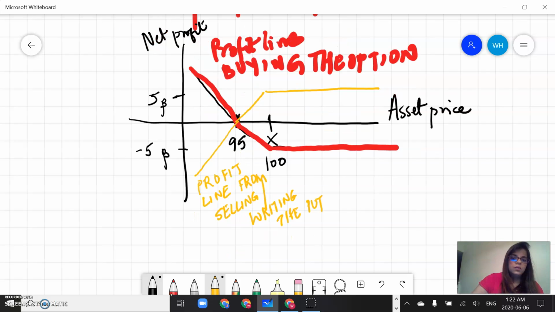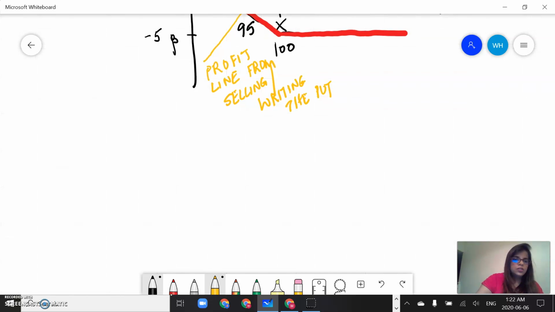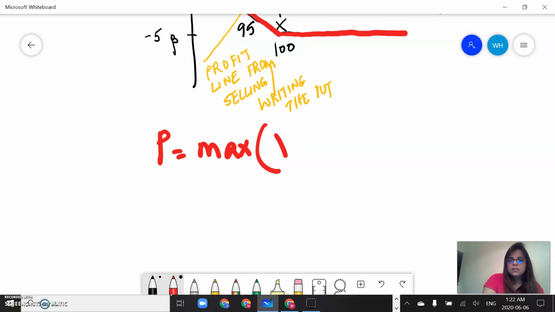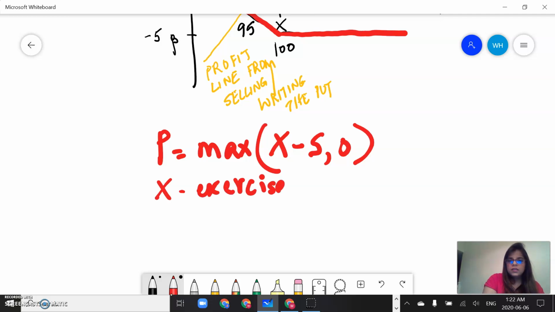If you want to look at an equation to find out the value of the put, it can be denoted by the maximum of X minus S, or 0, where X is the exercise price